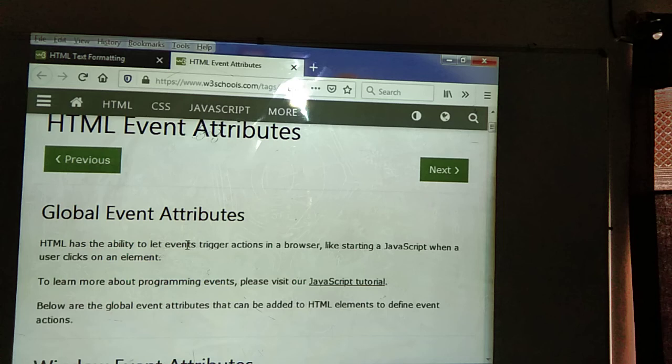Events triggered by actions inside an HTML form apply to almost all HTML elements, but are most used in form elements. First we can see the attribute, value and description.